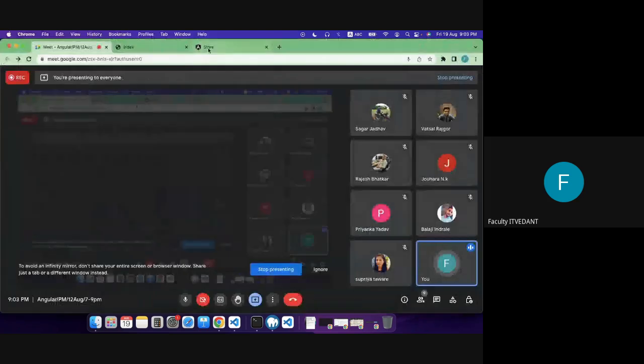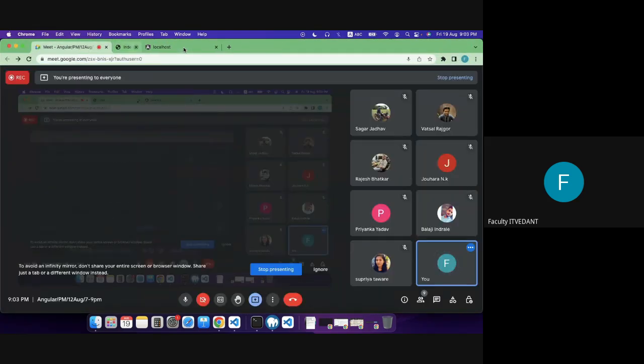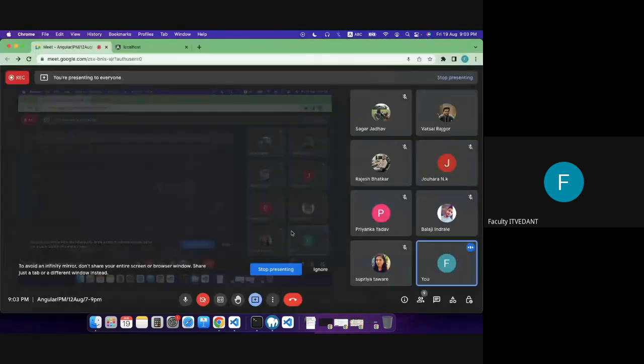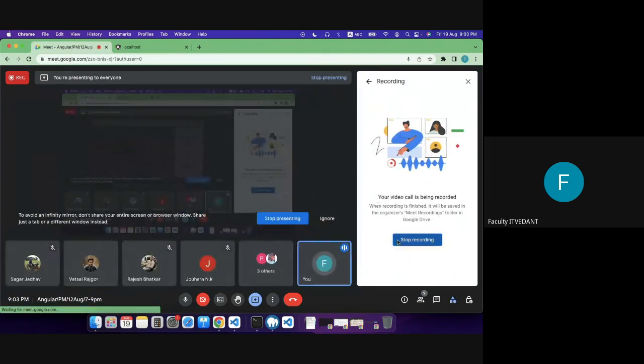I'll not be able to see the page here. If it is done, just let me know. Then we can stop. I'll just stop the recording. And if you have any trouble